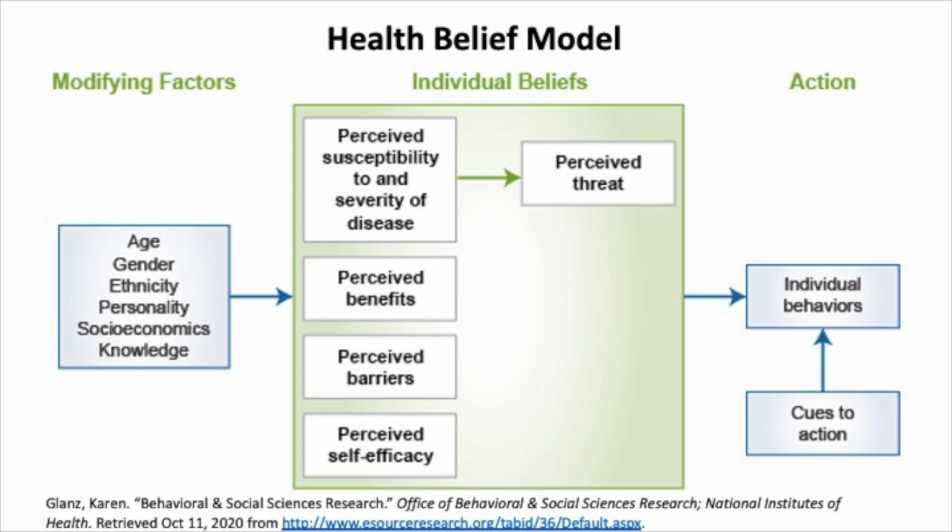And then the final component on this model for individual beliefs is perceived self-efficacy. And I mentioned that in the previous slide. This is a component of the health belief model that's a bit more recent, added more recently to this model. Self-efficacy is connected to perceived barriers, but it's about an individual's perception of whether their actions are going to make a difference, essentially. Are they able to act in order to avoid an adverse health outcome?